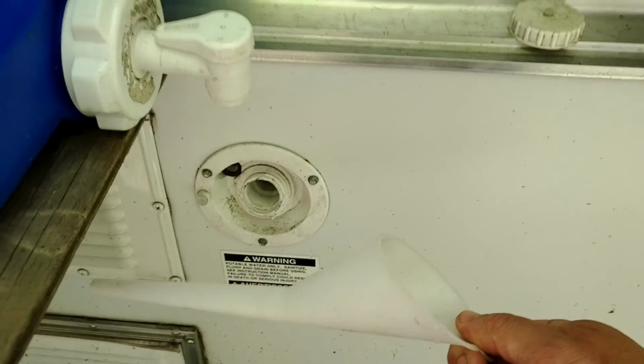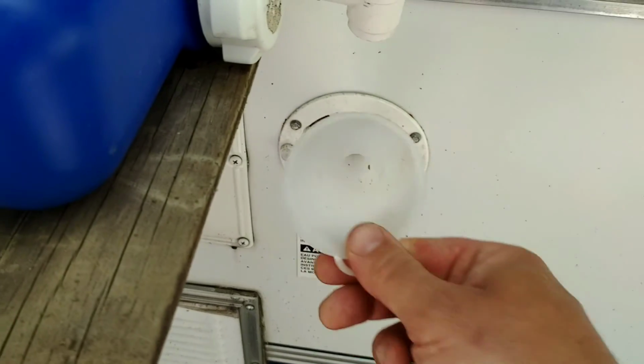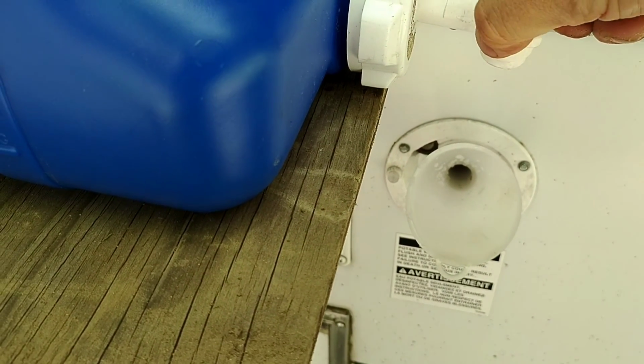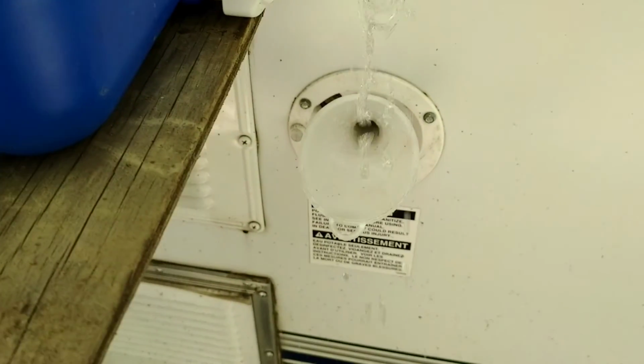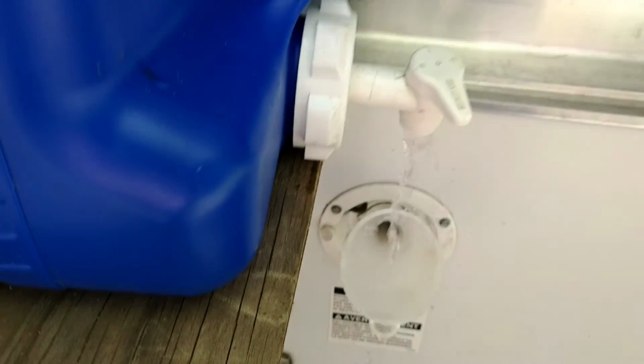So I have one of these funnels, and it has a really long neck on it, if you want to call it that. And then you just open this up, open up your jug here, and that's going to, I mean, you're going to lose a little bit of it. Here, I'll push it ahead a bit. And then